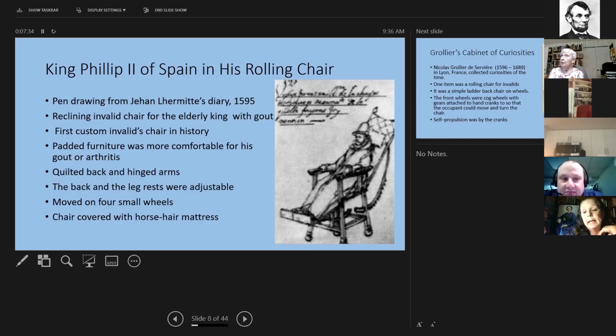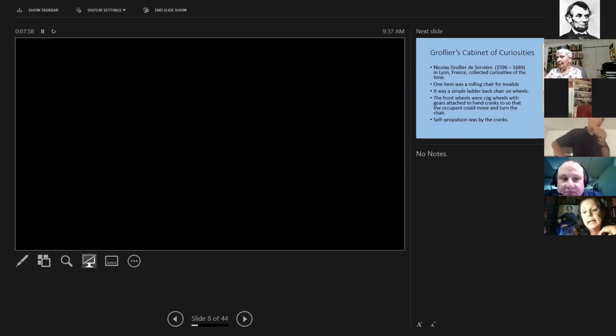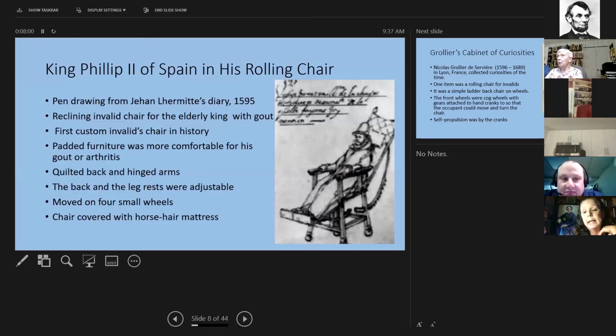The back and the leg rests, as you can see down here, were adjustable, and it was moved on four small wheels. And the chair was covered with a horsehair mattress, and this was very important.